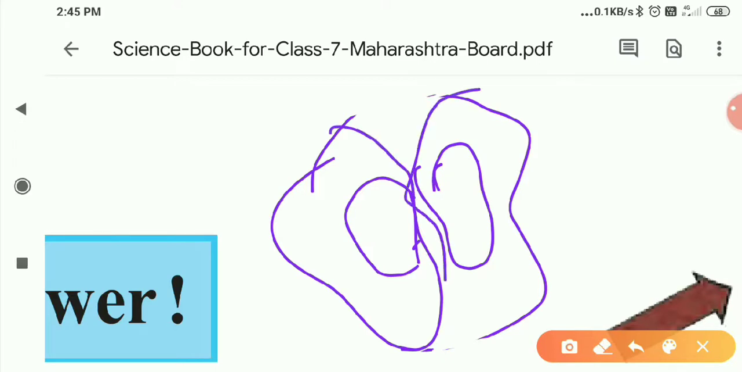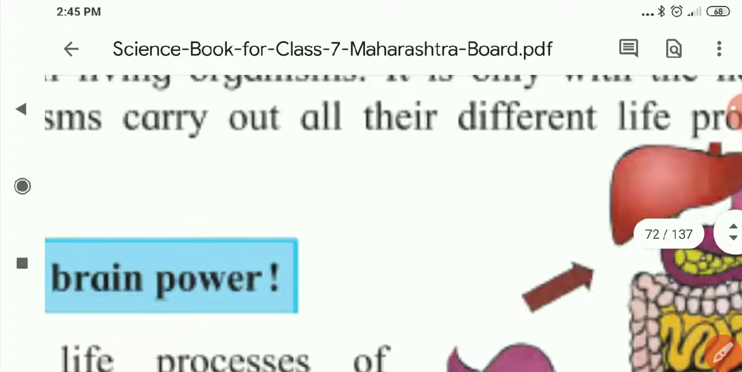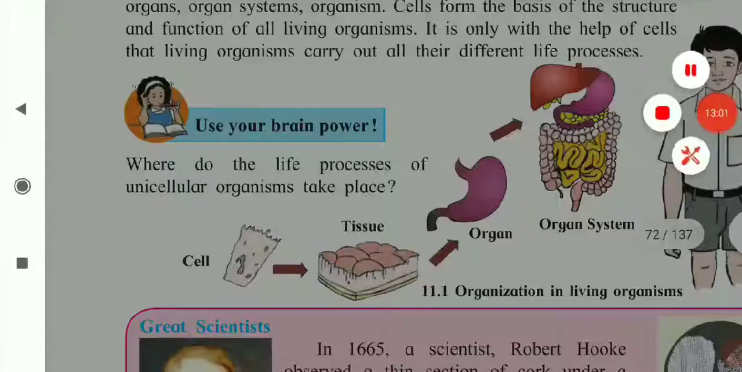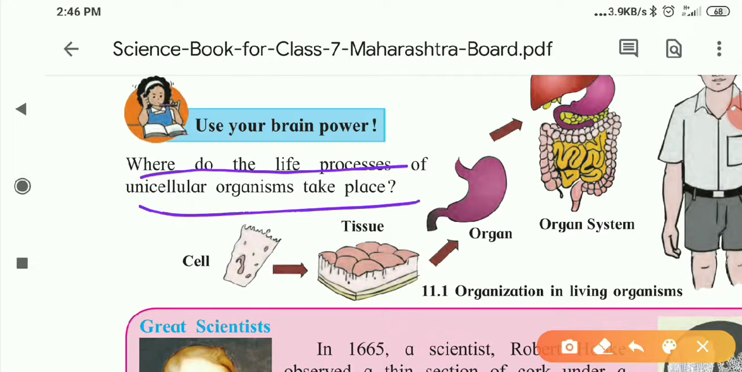Okay, and in amoeba, egestion, excretion, digestion, and reproduction all take place. This is also performed in the single cell of the body, meaning in a unicellular organism, all the functions take place in its single cell. Okay, and in multicellular organisms,